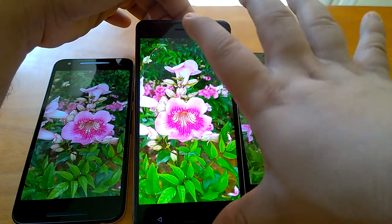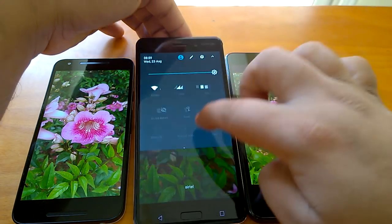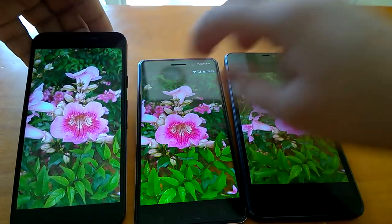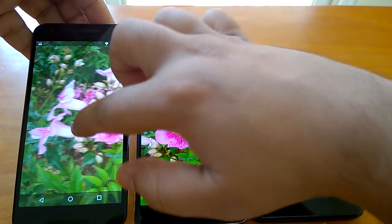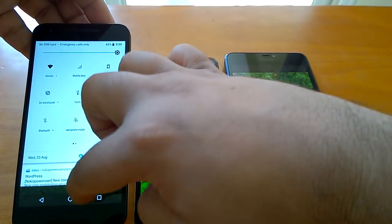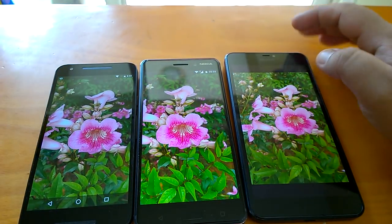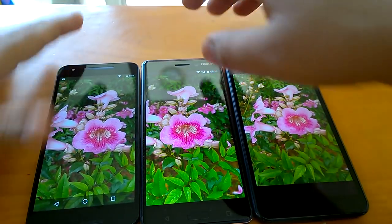Again, Nokia 6 is set at highest brightness. Similarly, we have done the same for Nexus 5X. The brightness is set as highest here. Just to keep the comparison fair, we need to do it. So now if you compare,